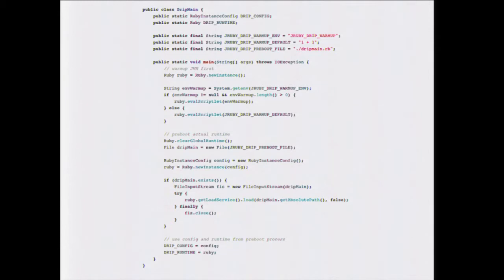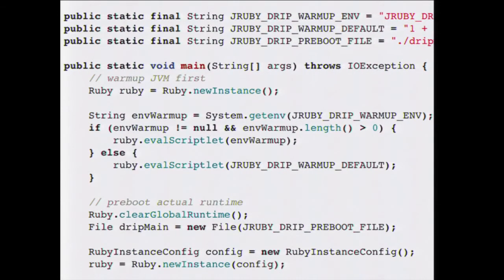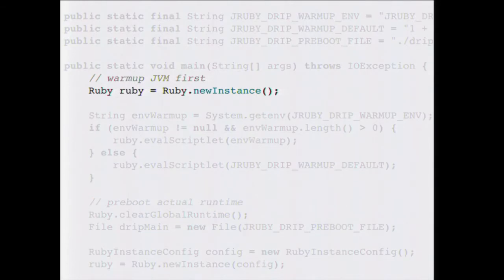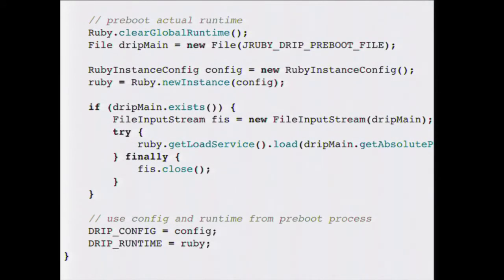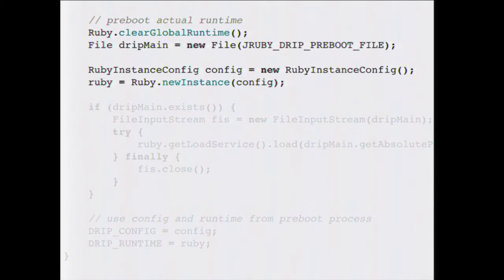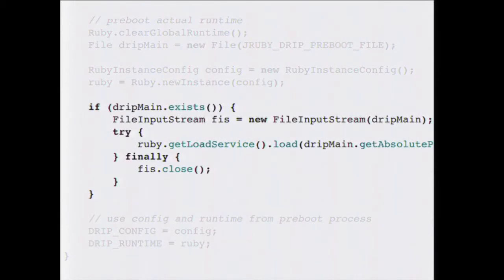What happens here is that you want to instantiate a JRuby runtime and warm up the JVM that you want. Define the pre-boot file and instantiate a Ruby runtime here and read the content of that file, if there is one,